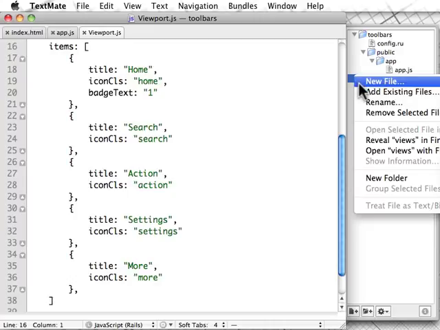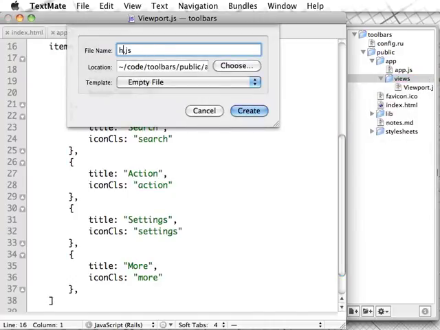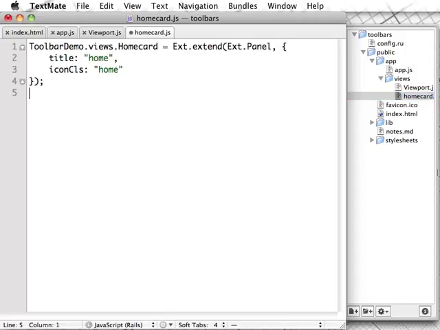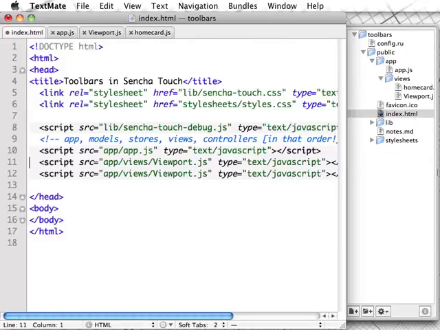Let's start by creating a file for the home card in the app/views directory. Here, we'll create a specialized version of the panel class, assigning it to the toolbardemo.views namespace. Having created this custom class, we can then call the Ext.reg function to register an xtype of home card. Don't forget to link to this file in the